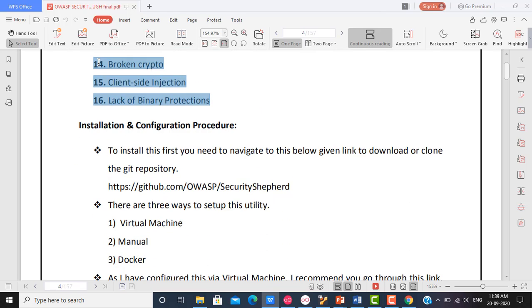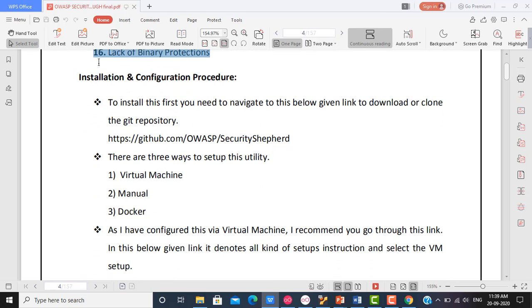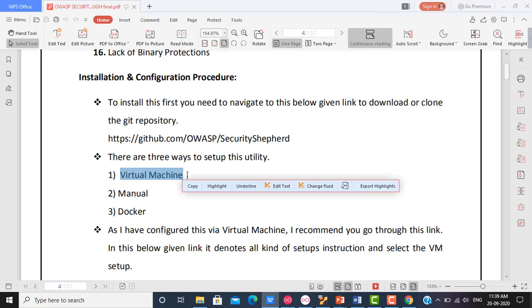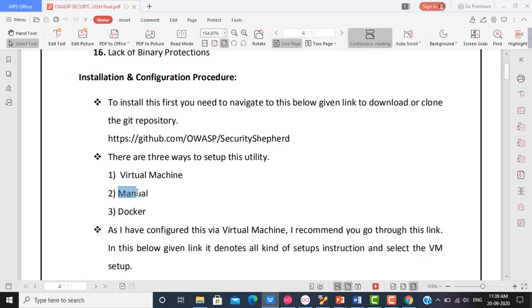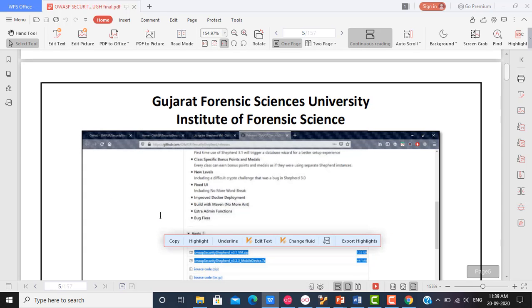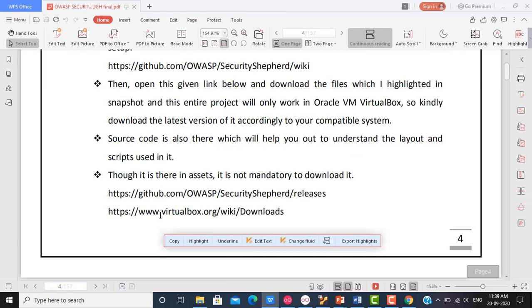And if you really want to configure or install the security safeguard, then it is available in 3 variants. They also provide the complete virtual machines that you can download and just push inside your desktop, and you will have the lab set up in your laptop. If you want, you can install manually also, and Docker is also available for the installation purpose. So right now I'm not going to discuss in detail